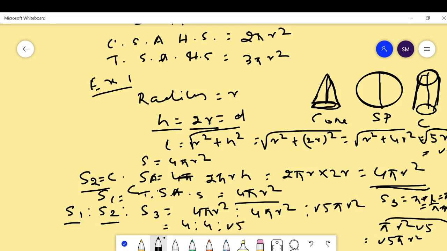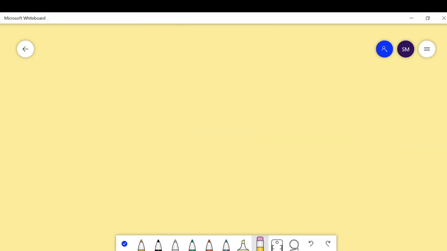Okay. Then next question. Please students, practice a variety of questions. Here the question says a right circular cylinder encloses a sphere, and the surface area of the sphere is the same as the lateral surface area of the right circular cylinder. The right circular cylinder is the one that encloses the sphere.